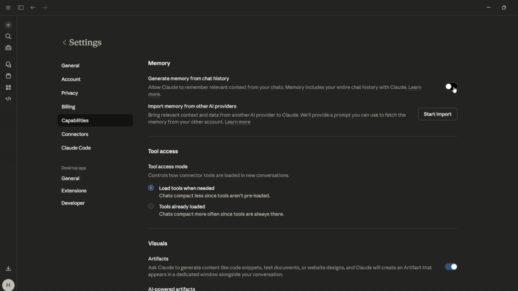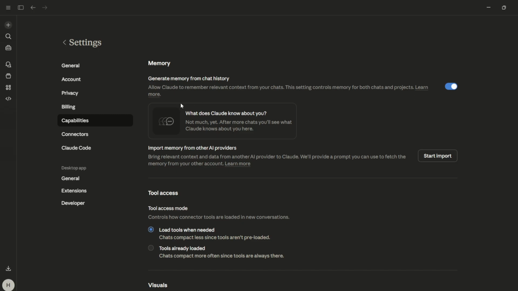So in order to enable the memory, you will simply need to enable this toggle, and from here you can see what Claude knows about you. Not much yet. After more chats, you will see what Claude knows about you here. So that's how easily you can enable the memory and generate memory from chat history simply using this easy